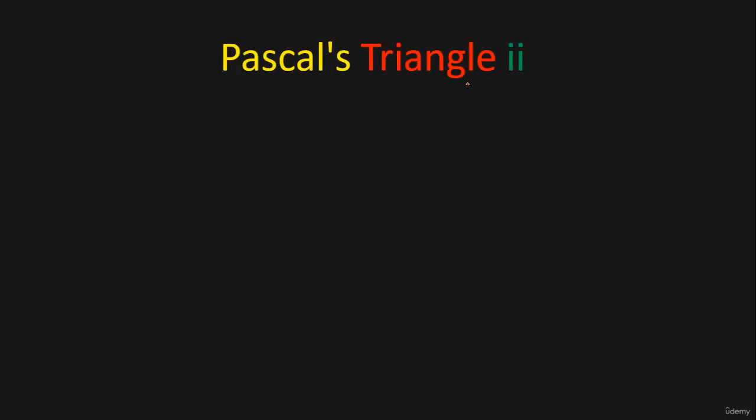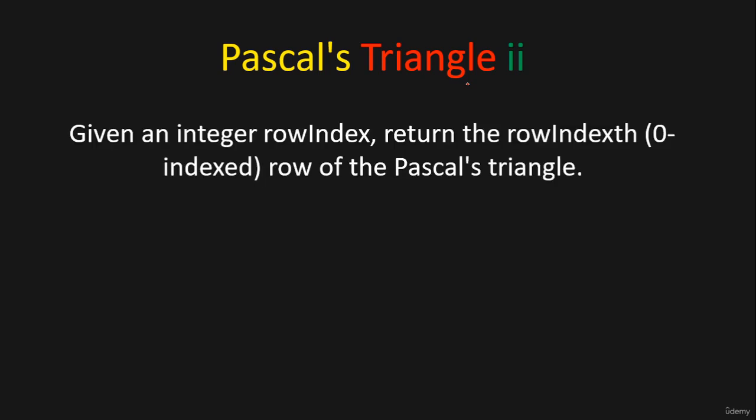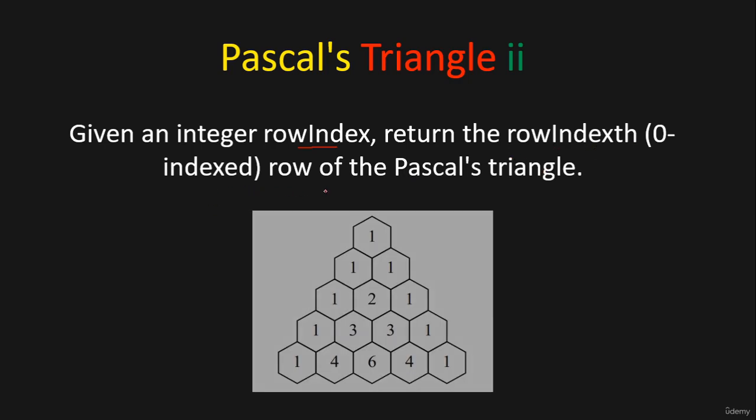In this video we're going to solve this coding interview question, Pascal's Triangle 2. This is a LeetCode coding question. Given an integer row index, return the row at that index of Pascal's triangle. It's a zero-based index. If we don't know what a Pascal's triangle is,